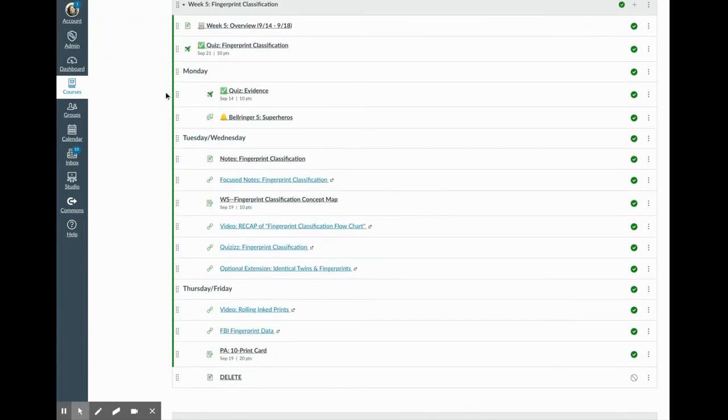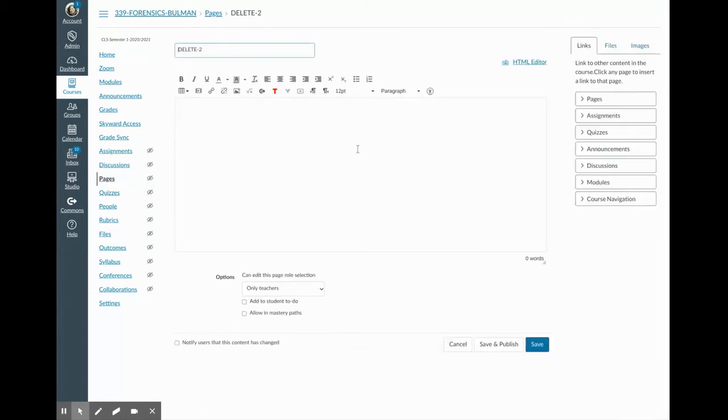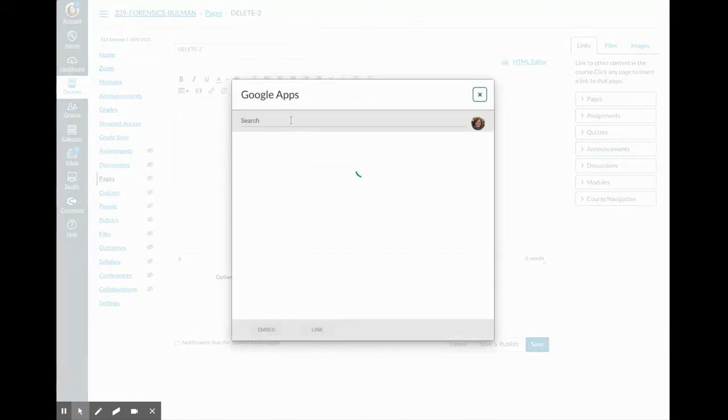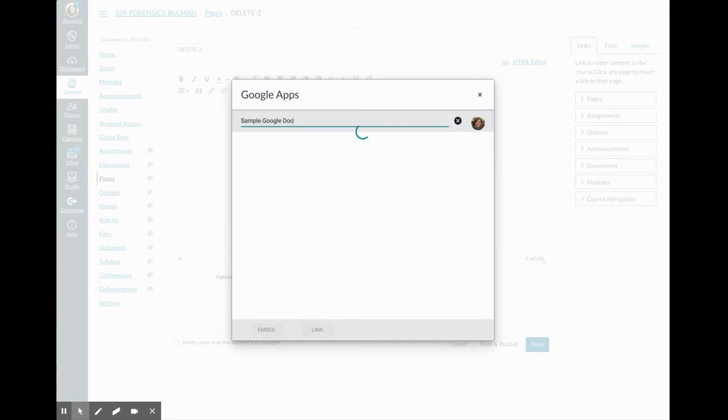In addition to doing that with images, you can also do that with other docs that you embed into your pages for your Canvas courses. So within the same module, I just have kind of a burner shell page here. So if I click into this, I'm going to go into edit it. And this time, instead of inserting an image, I'm actually going to insert a document. And so I'm going to go to my external tools button and go to my Google Apps where I can search for a document of my choice, sample Google Doc